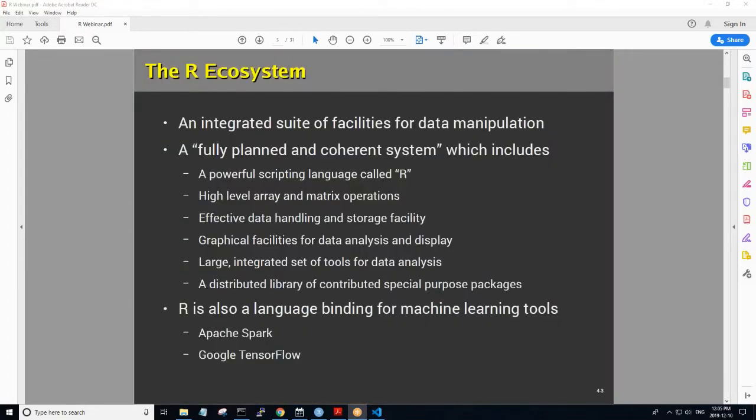Now, the first thing I'll mention here is this notion of the R ecosystem. R is not just a programming language, which is why it is so nice working in the data visualization and data analytics world. And one of the main reasons why R is popular with a lot of data scientists is because when we're working with large amounts of data, we often want to build our analytics on the axiom of know thy data. Before you start analyzing petabytes or terabytes of data, you want to get a good sense of what your data is. You want to profile your data.